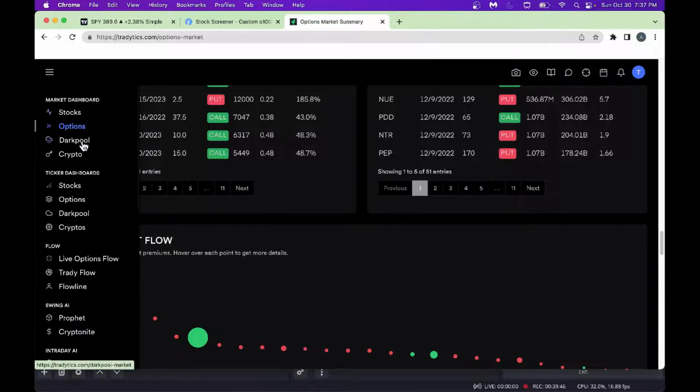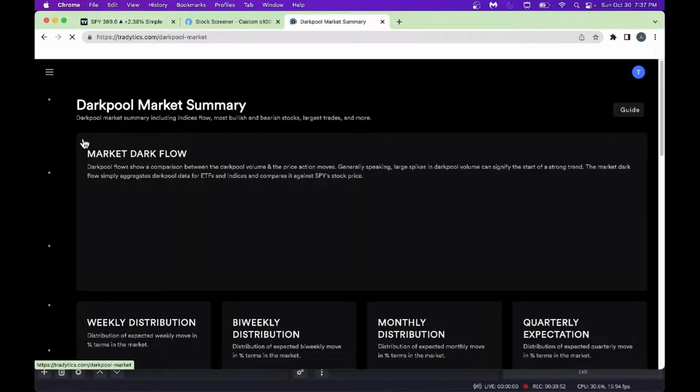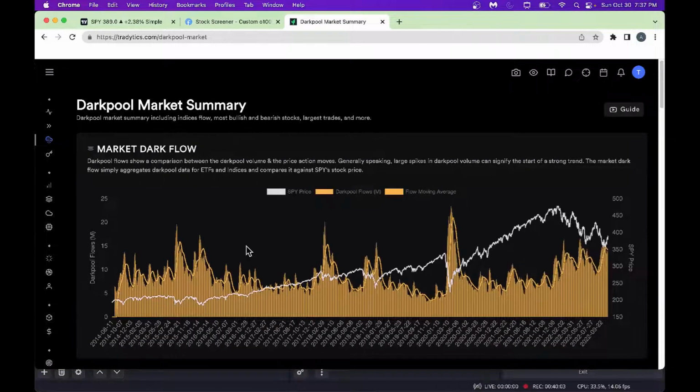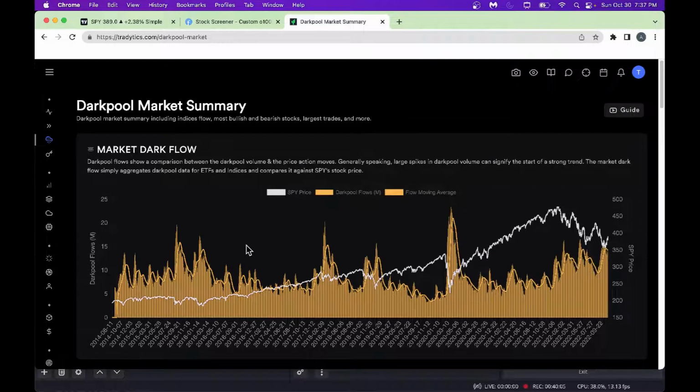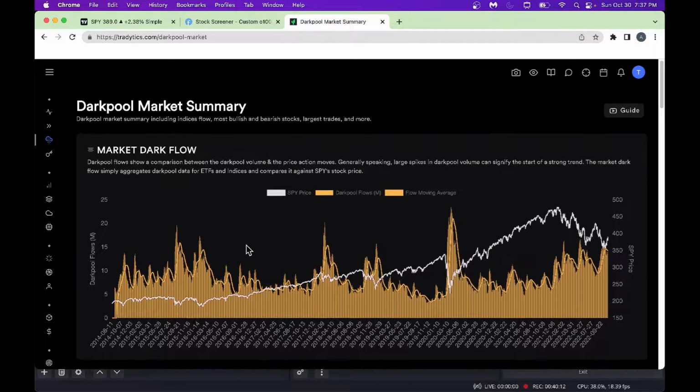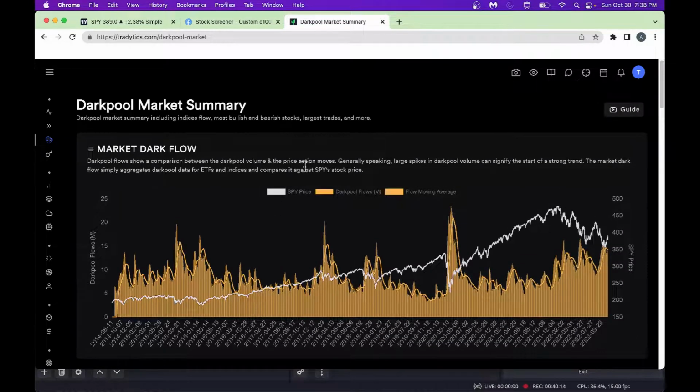All right, then you got dark pool. If you're into dark pool here, this tool gives you a very good idea about the dark pool prints. Look, it takes a while to get the idea because they have a lot of data. They have to bring in the data into a nice visual fashion. Look, now we got the dark pool here. Right now, we are looking at dark pool from the entire market. Looks like this one is for SPY, as you can see here.